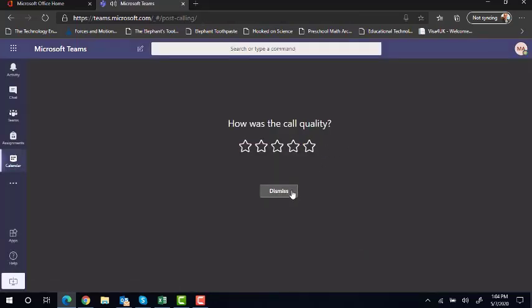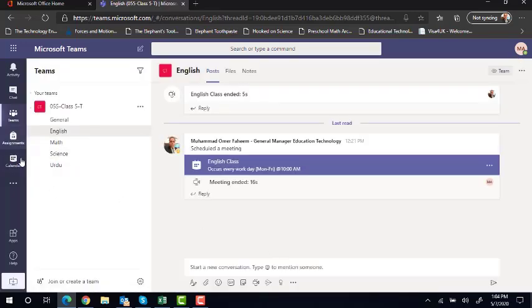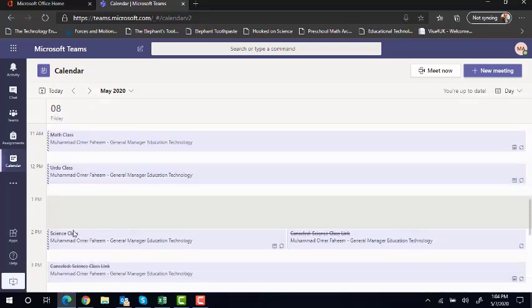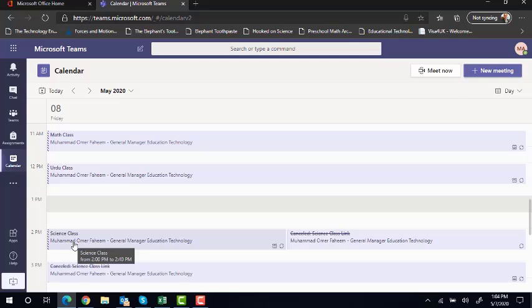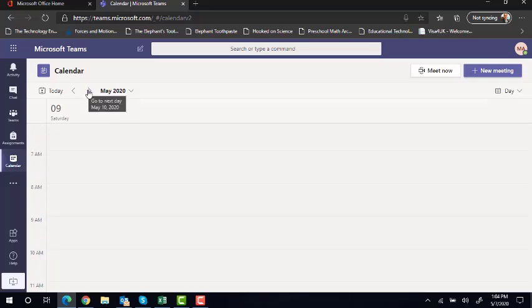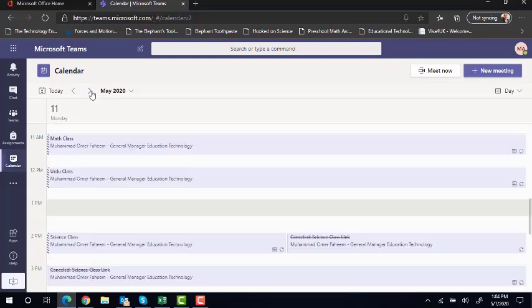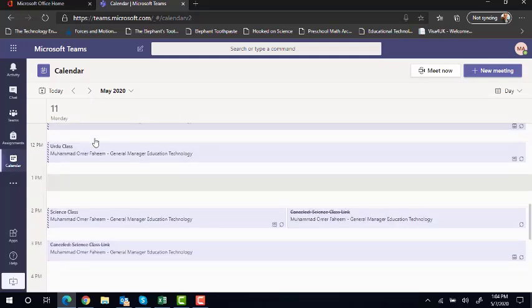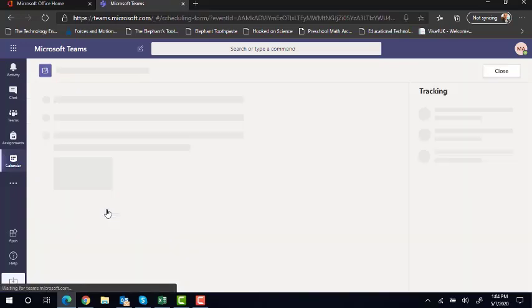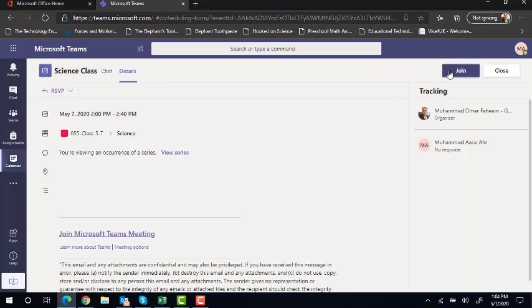Alright, and then I have to go again to my calendar. If I have to go to my math class or science class, I can simply go to that date, click on that class, click the join button, and go into the class. Now if you see, this is the calendar of 8th May. If I go to the 9th May, I will not see anything because Saturday, Sunday we don't have classes. But if I go on the 11th, I could see the same schedule. So in order for a child to see and access the online classes, they have to go into their calendar, select the relevant date which is automatically selected, and then you can simply click on that particular class and click on the join button. This is how you can join the class.